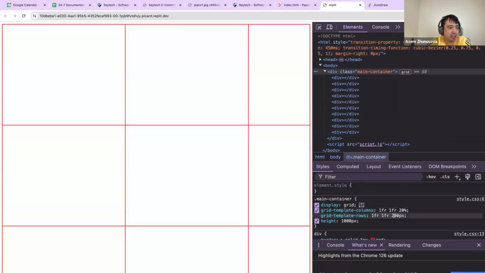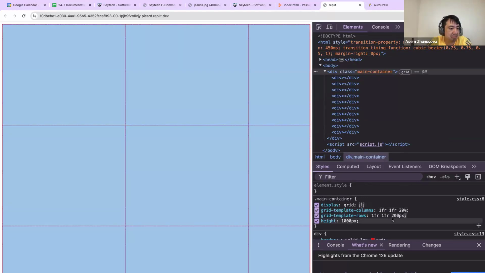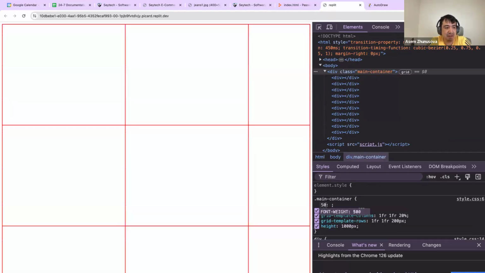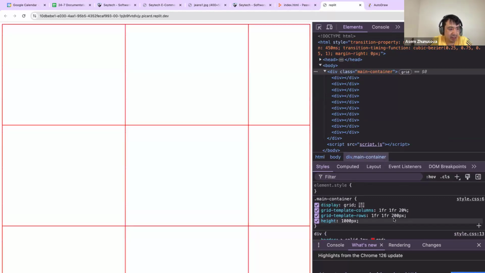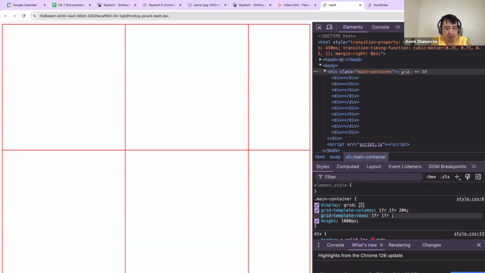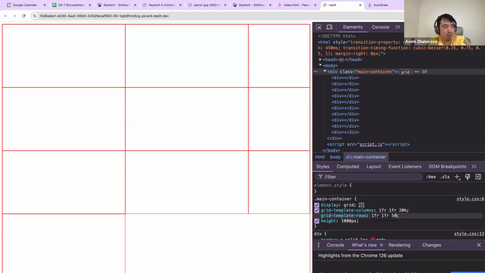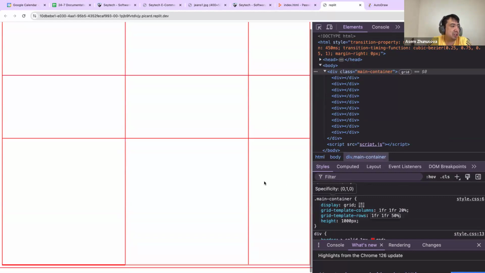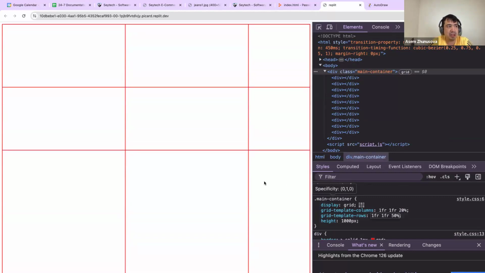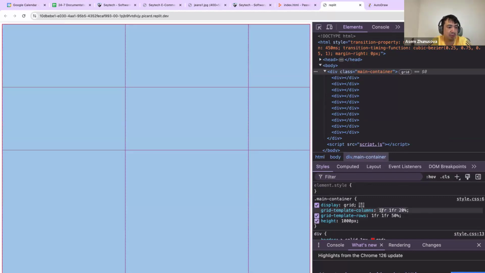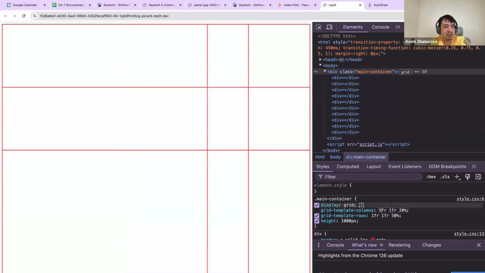If I am calling this last one, let's say I want to call it 50%. I say 50%, then the grid will take the shape of what you are specifying in each of them. I say this one will be 5 times, or the fraction that you have, you can manipulate. One thing that you have to be sure of is